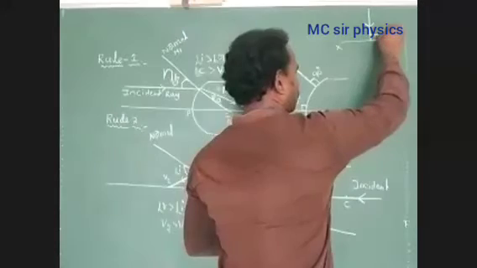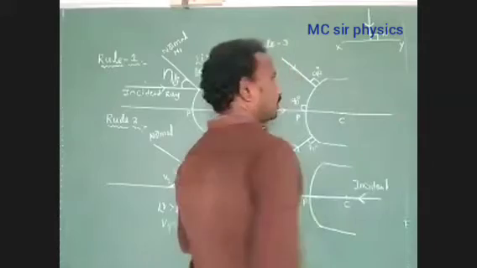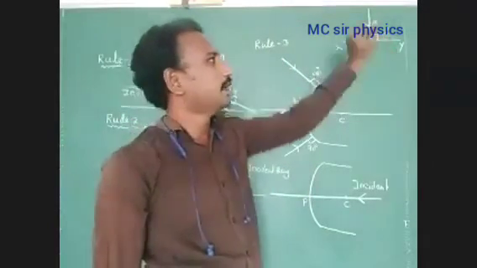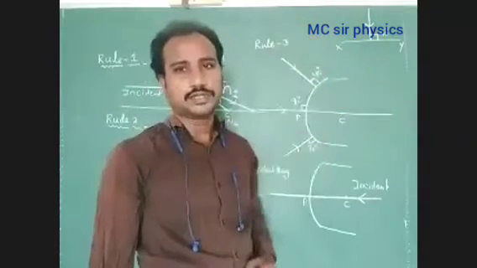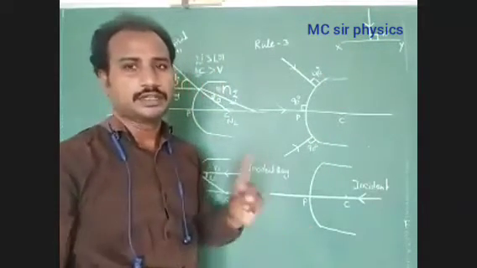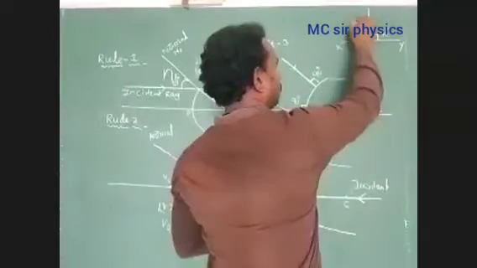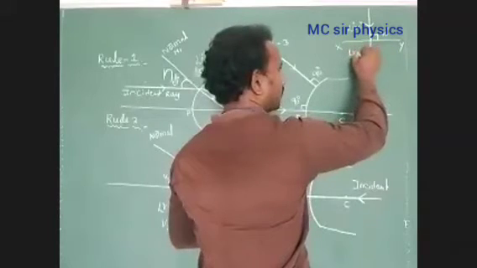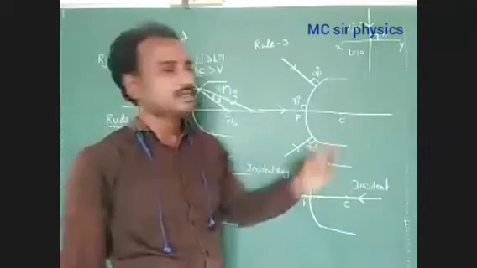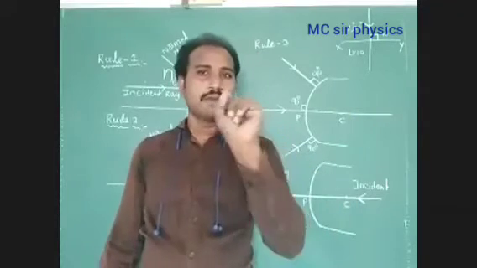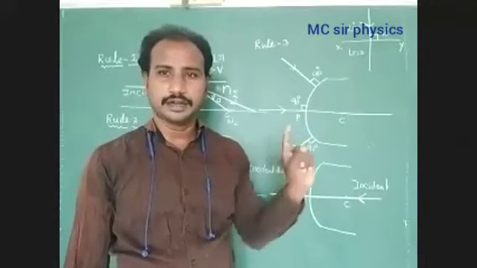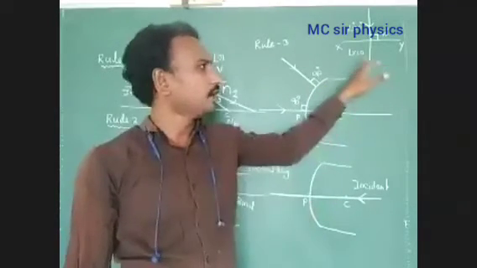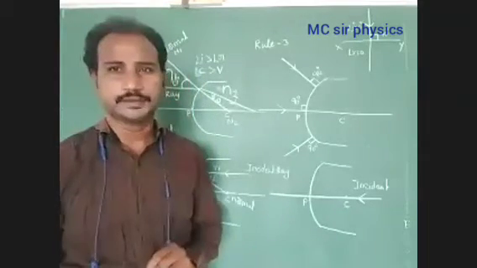What is the angle here? 90 degrees. The glancing angle is 90 degrees, but what about the angle of incidence? The angle of incidence you calculate with respect to the normal. The angle of incidence equals 0 degrees. But what about the angle of refraction? The angle of refraction is also 0. What is the reason? The medium cannot affect the path of light. It can affect the speed of light, but it cannot affect the path of light.